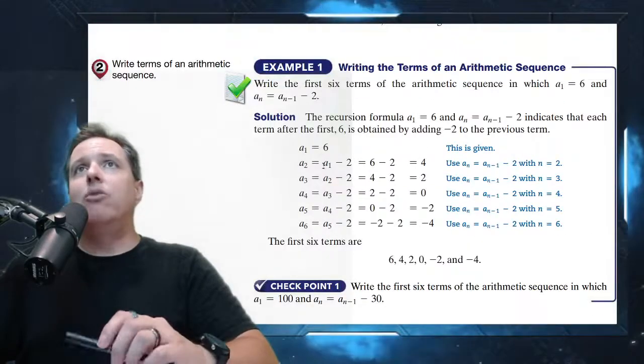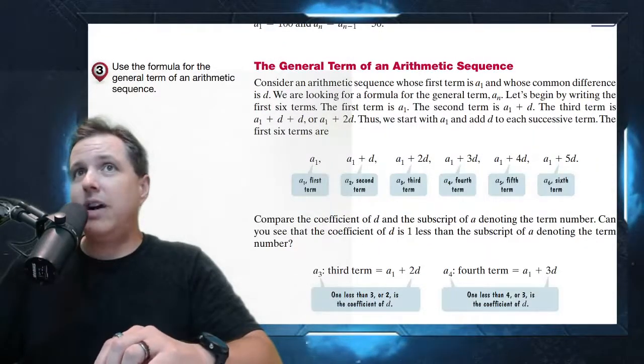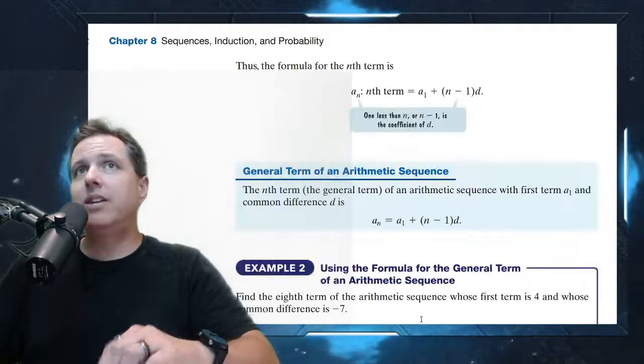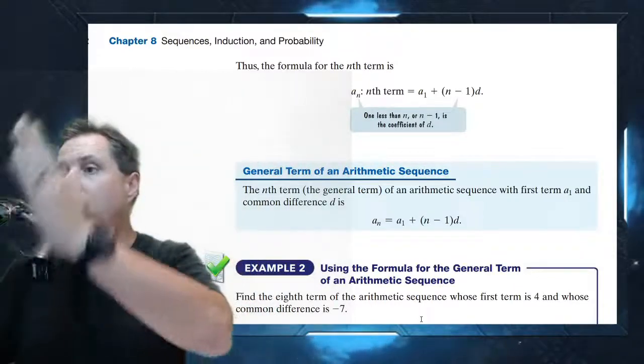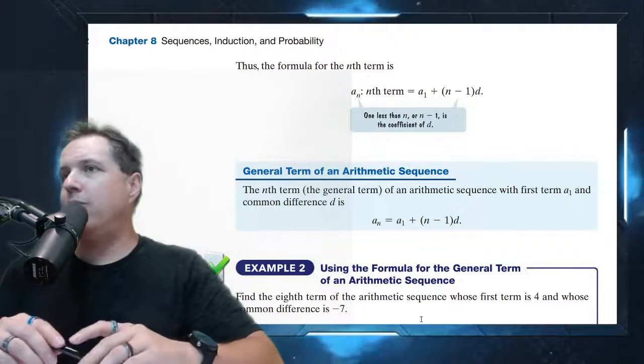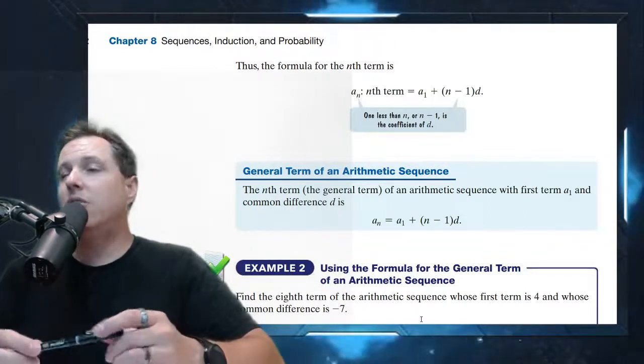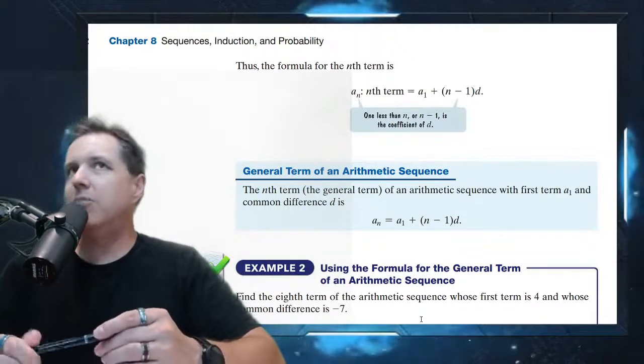And you can write them out. So, let's say you're asked to find the 12th term of this arithmetic sequence. Well, you could figure them out in a row, but what if you don't want to figure out every single term along the way? What if someone asks you for the 1234th term in a sequence? Well, you don't want to figure out all the ones in between.